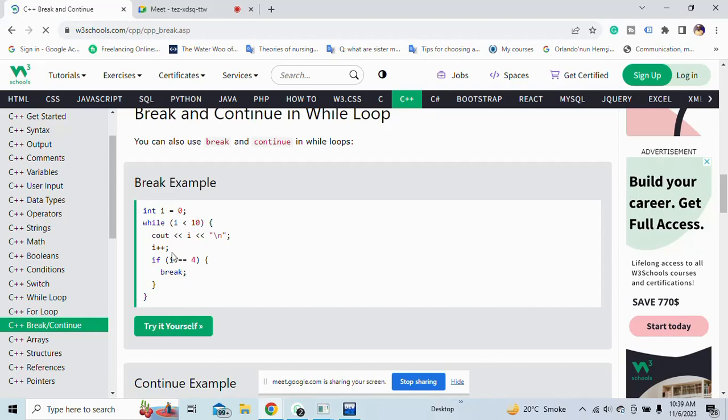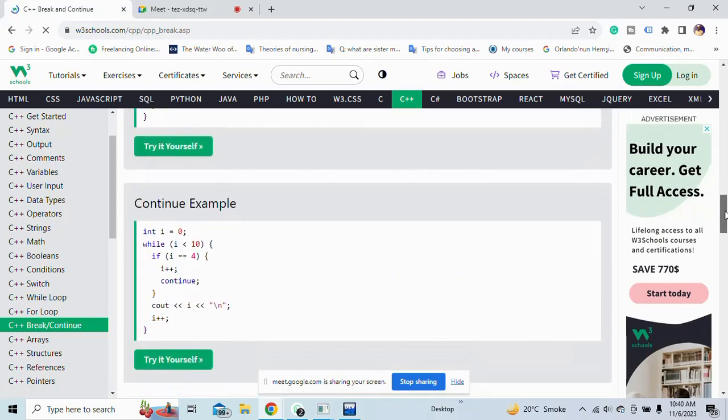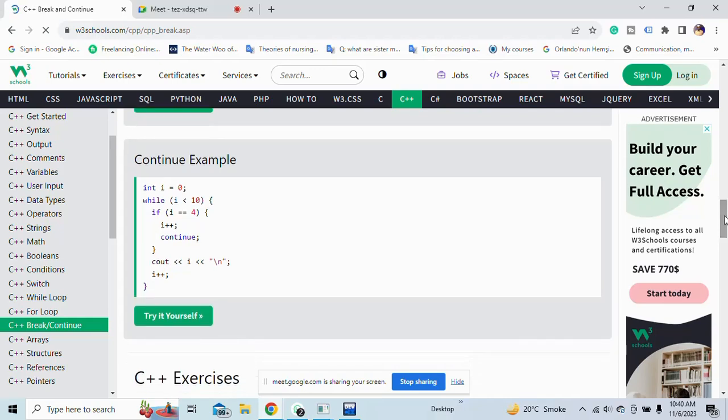So you see, even if we write the if statement just here and then provide the cout statement, it's okay even then. For continue statement they followed the same, like provide if statement just after the while condition, and then the same way that I have told you. Okay,